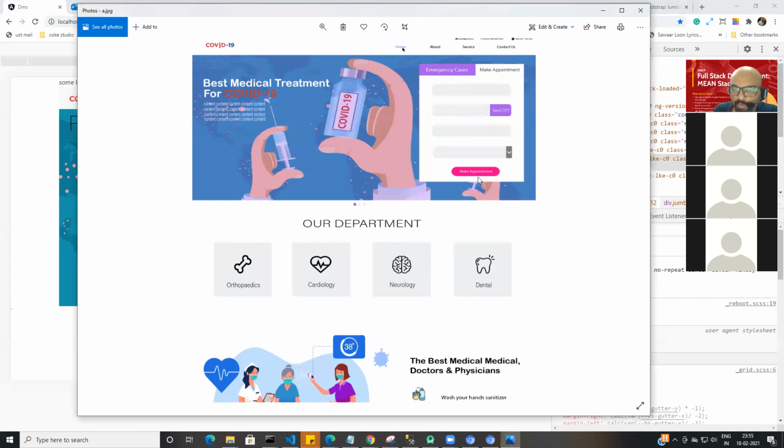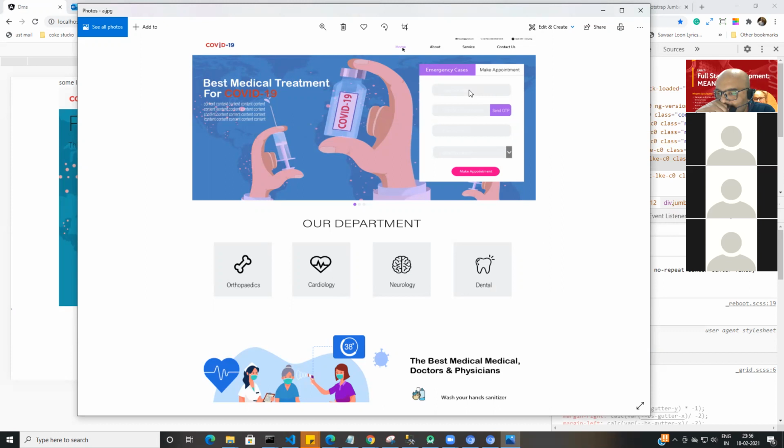So we have a little form over here. Garima, what is this form for? What are these text boxes, what are we going to put in this? Is this for the login or for the registration? Registration. Because if you say make an appointment, even that needs a registered user, correct? Yes, sir. So if you want to have a registered user, then the registration page would be a little big, right? Correct? Yes, sir.